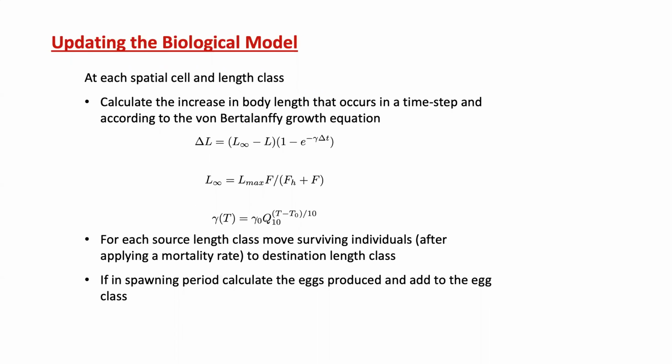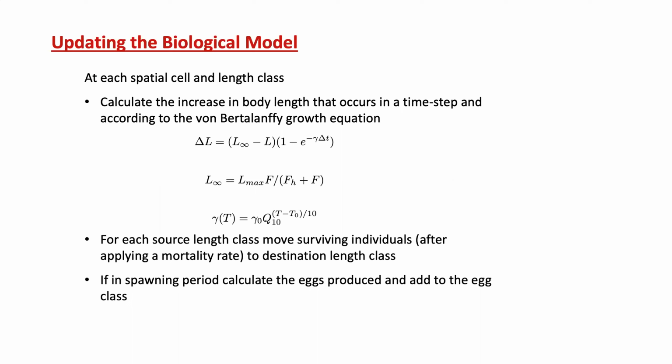For updating the biological part of the model, then at each spatial cell and at each length class, we calculate the increase in body length that occurs in a time step according to the von Bertalanffy growth equation. So that's a very widely used and famous model for fish growth, which involves L infinity, which is the asymptotic length to which individuals will grow. L is length, delta L is the increment in length over a time step delta t, and the parameter gamma